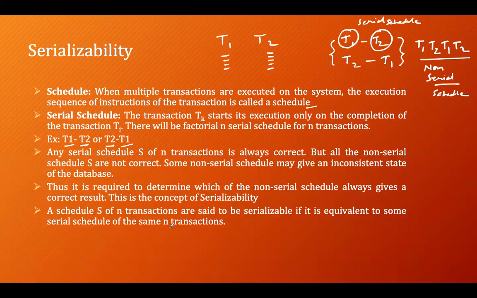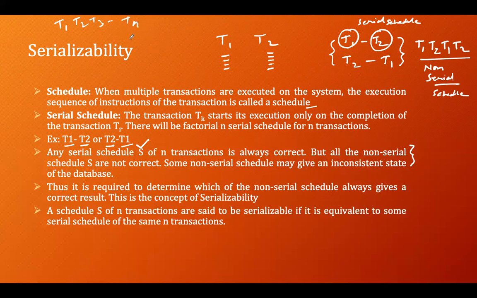Any serial schedule S of n transactions is always correct, but not all non-serial schedules are correct. Some non-serial schedules may give an inconsistent state of the database. What is this sentence saying? It says that if we have n transactions T1, T2, T3, Tn,